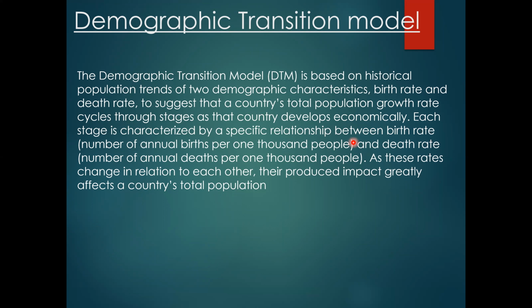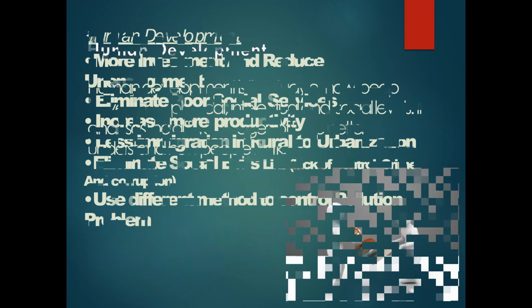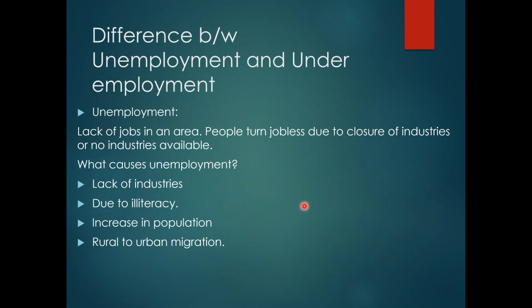So these are the things which have been observed in this demographic transition model. तो जो क्वेश्चन एग्जाम में आएगा वो एक्सप्लेनेशन से रिलेटेड आएगा, लेकिन आपको इसका फंक्शन क्योंकि पता होना चाहिए कि यूज कहाँ कहाँ होता है। तो दो फंक्शन हैं जो मैंने इसके एक्सप्लेन किए आप लोगों को। अच्छा जी, इसके अलावा आपके पास एक और चीज है जो एग्जाम में आ जाती है, which you guys should know, that is